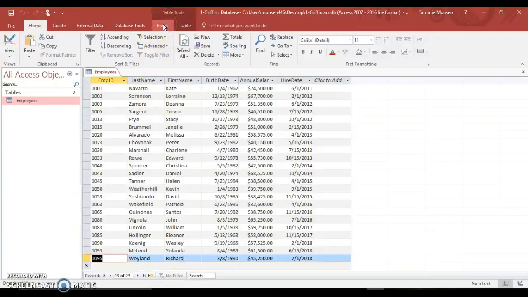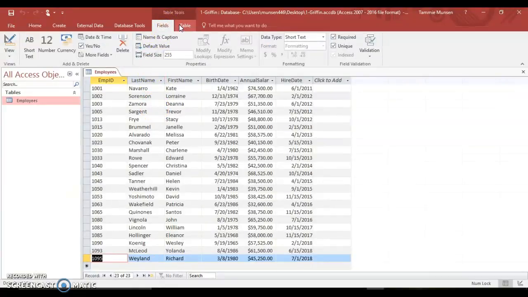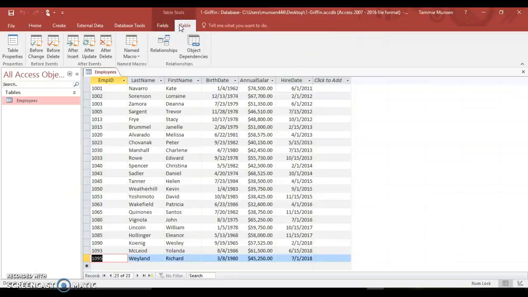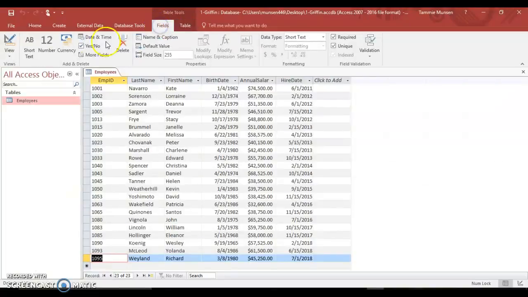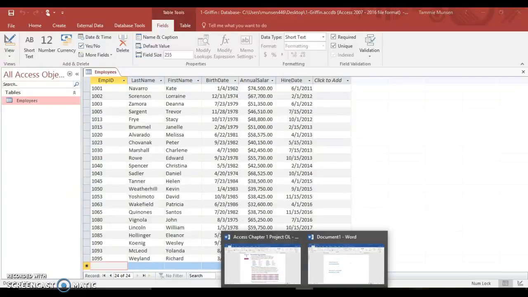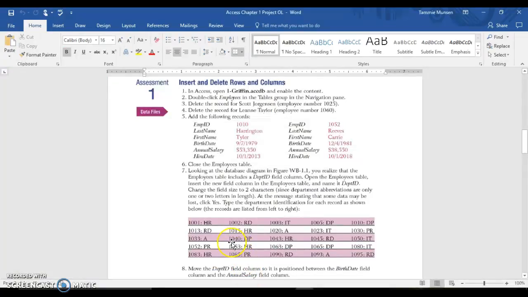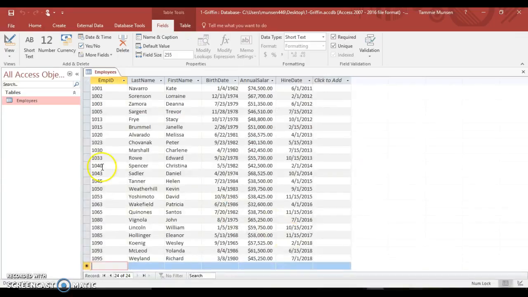Also, you could go up into your, oh, the insert's not there. So we'll just go to Insert New Record, and then we're going to insert the record that it asks us to. So it says we need to enter 1010 Harrington Tyler. So you can go back to the database, 1010